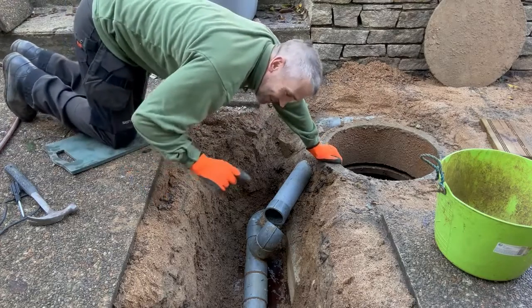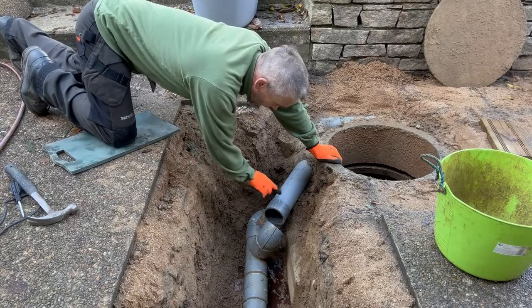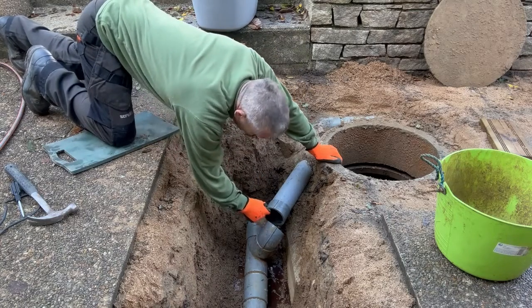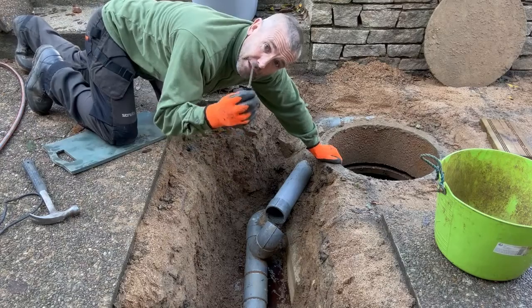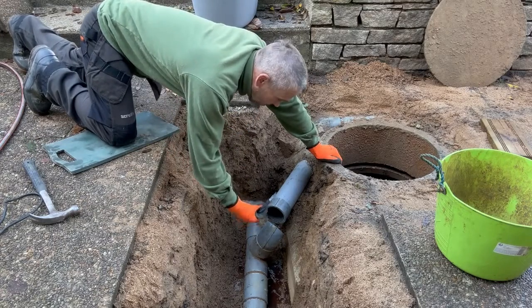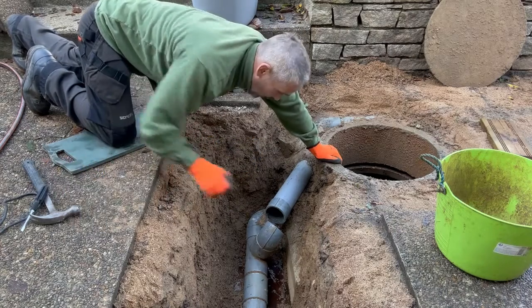Right, I don't know if you can see, but I've cut it on the main pipe, and I've cut this elbow out, and I've put a slot here. I was going to show you a trick, because I've put a slot here, and basically you can get a screwdriver and you can chisel into where it's supposed to be glued and make a joint, but